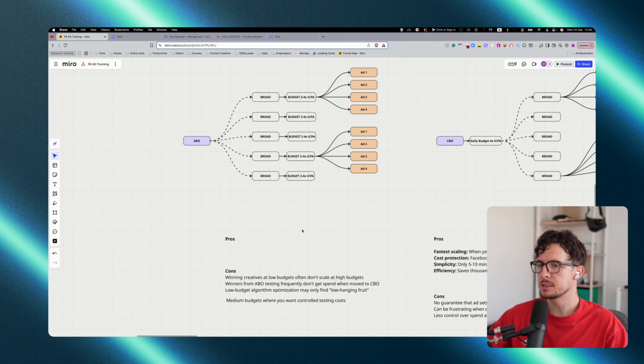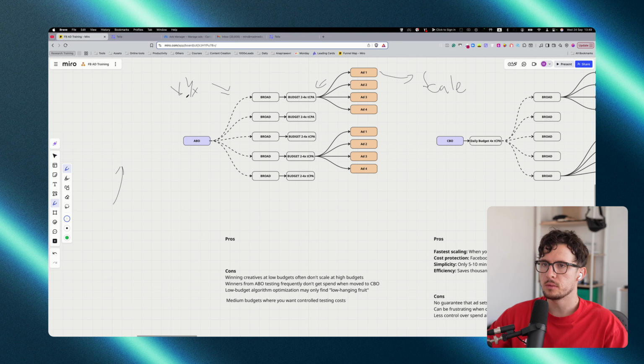And one of the cons is that winning creatives at low budgets often don't scale at high budget. For example, let's say you start running ads, and this one gets sales and has a 4x ROAS, and you're thinking, okay, great, I will get this ad and start scaling it. I will either start increasing the budget directly here, or maybe you take it and put it in a scaling campaign. And what will happen is that very often, once you start increasing the budget, the ROAS here will